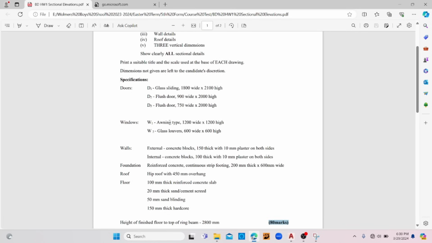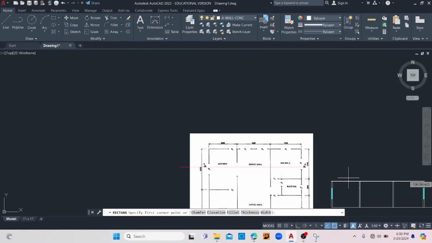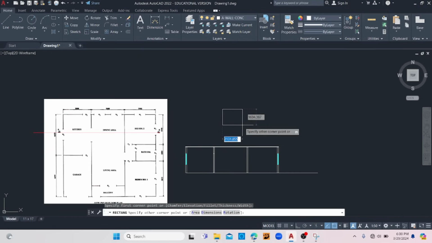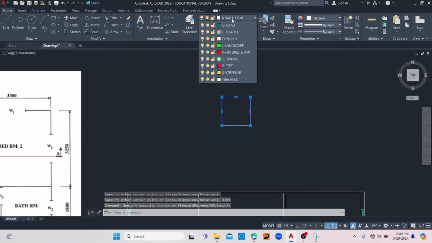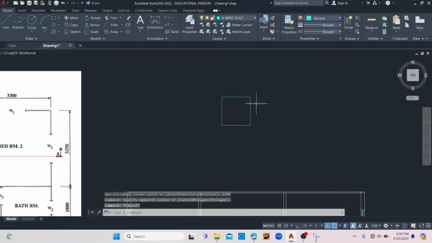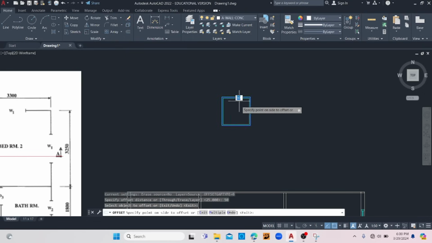and it says that the W1 window is an awning type window. Remember, 1200 millimeters wide by 1200 millimeters high. So we're going to simply be drawing a rectangle 1200 by 1200. So 1200 millimeters, tab key, 1200 millimeters, enter. Now we have a rectangle. Let's just go ahead and place this on our windows layer. And all I'm going to do is offset the jamb, which is going to be 50, or the framing for the window. Alright. And then I'm going to leave it as is because it's an awning window,